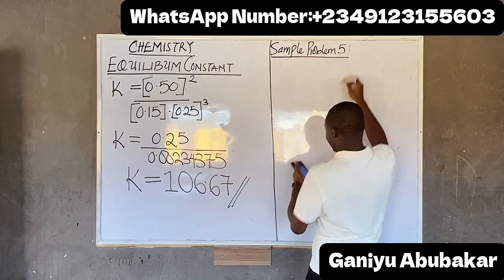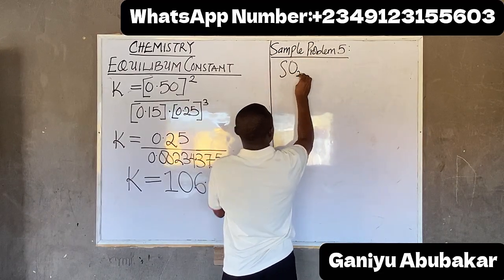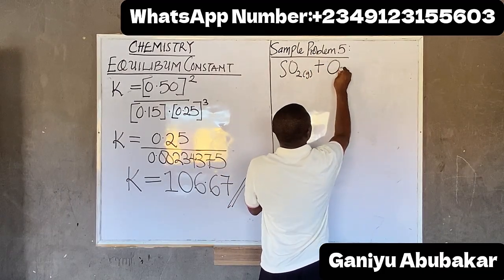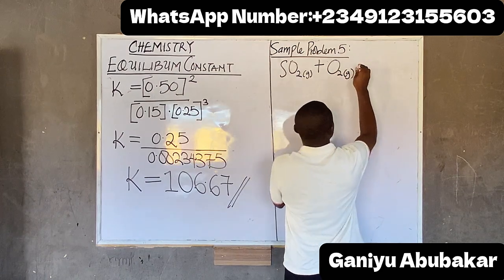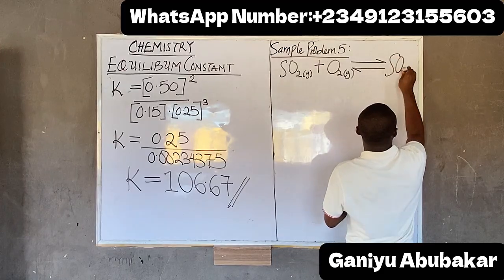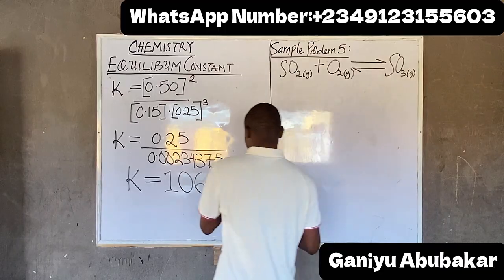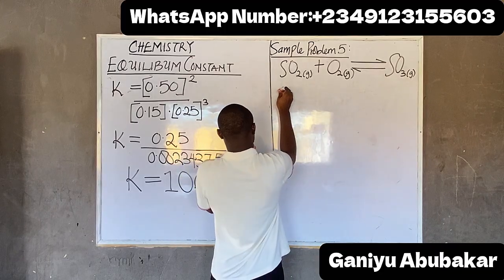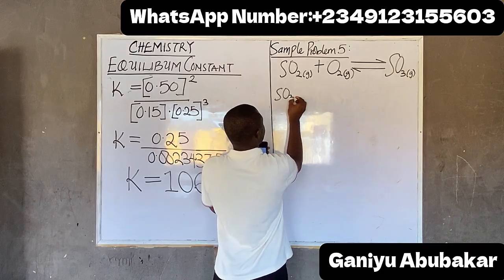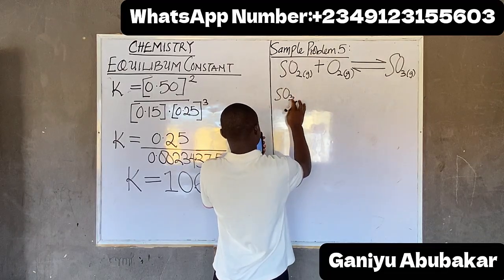Alright. This one, they gave you a chemical equation: SO2 in initial state plus O2, also in initial state, in a reversible format, to give you SO3. This one too is in gaseous state. So the task is this, please. They give us the value of SO3 to be